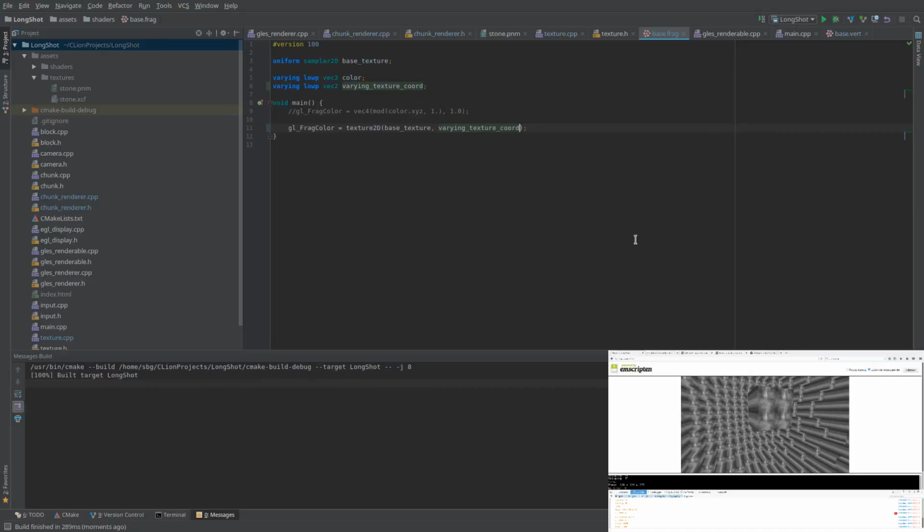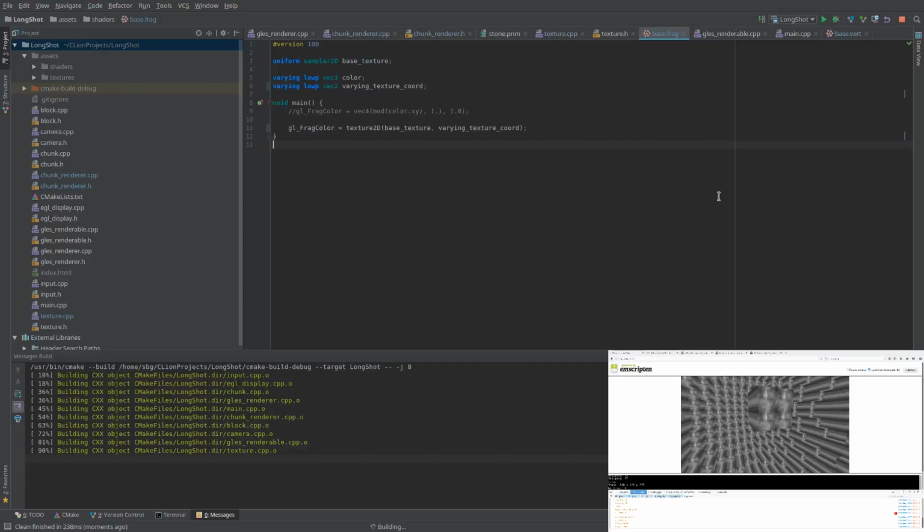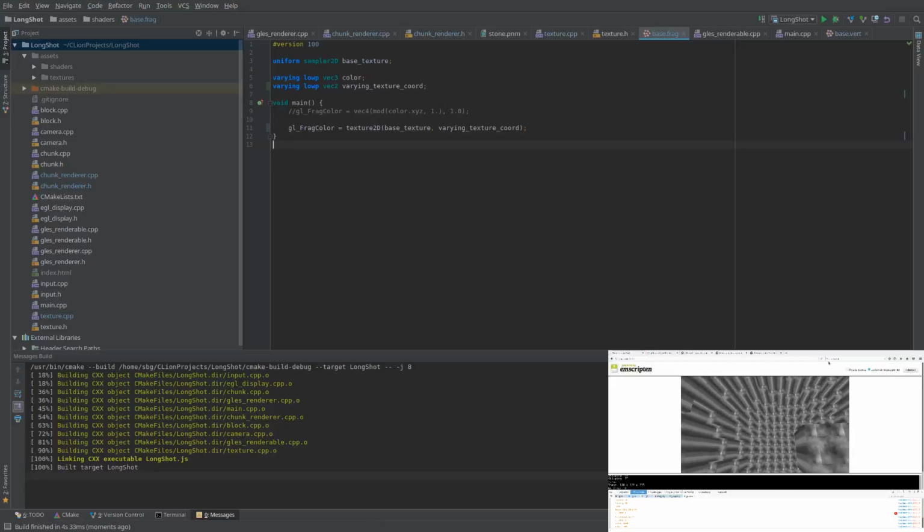And that is essentially it. And we're just gonna clean and rebuild here. Should probably add dependencies at some point so that it picks up that we've changed these files and recompiles. But right now we're just going to do it this way. So we link it, we've built it, and we should hopefully see, yeah,